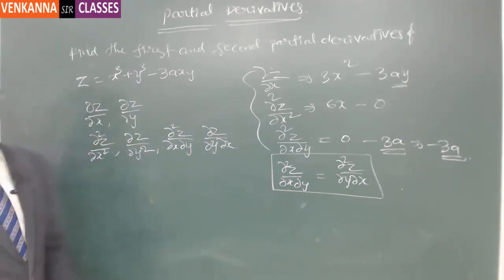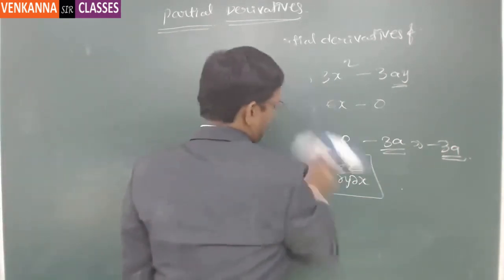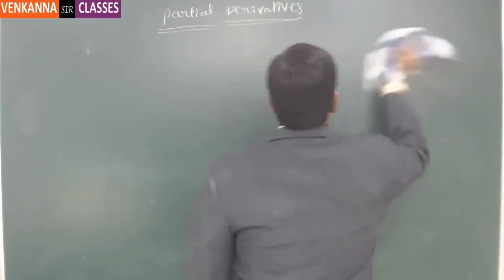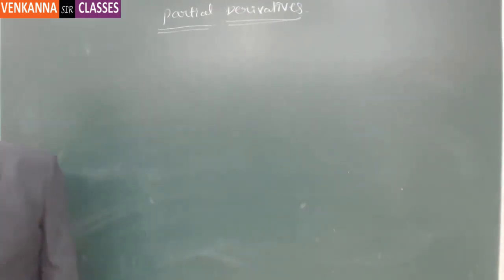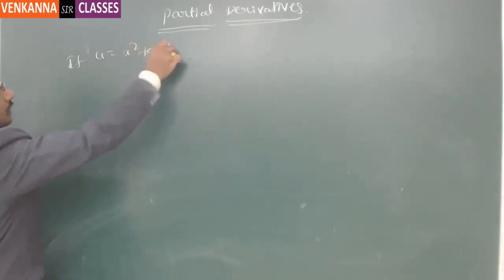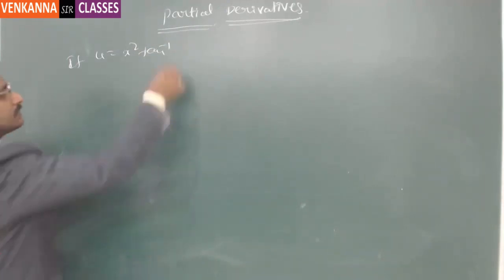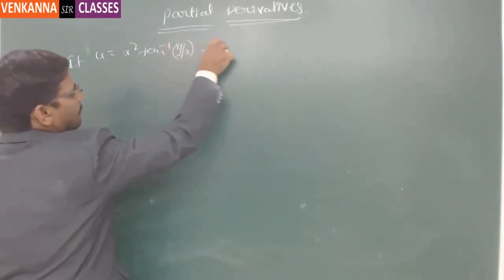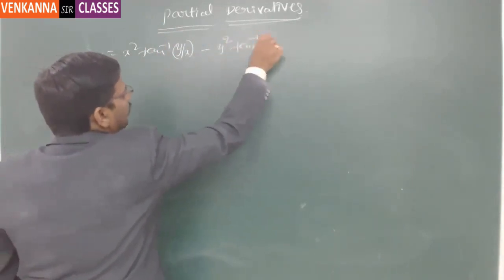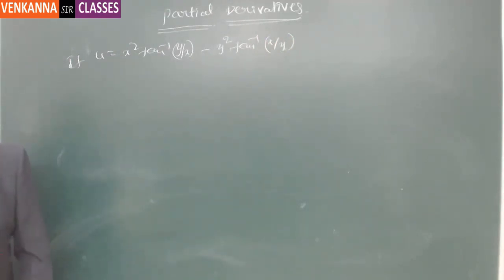Note down one more. If u is equal to x square tan inverse of y by x minus y square tan inverse of x by y, show that